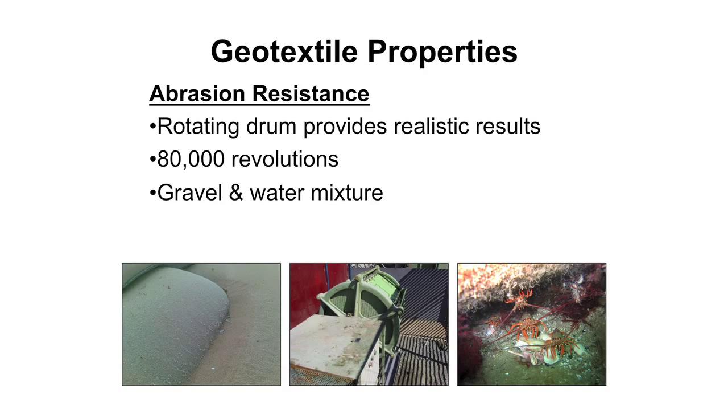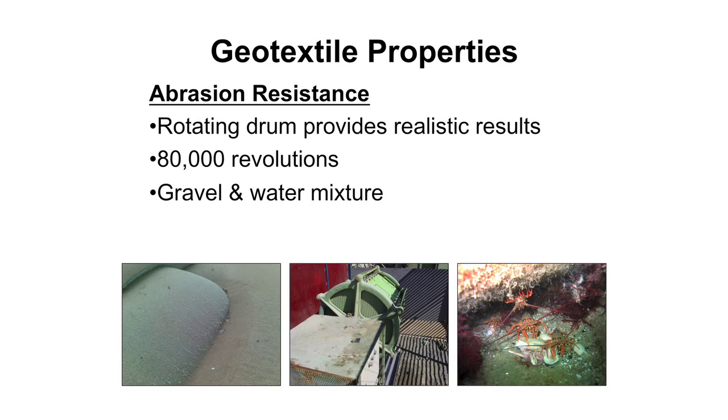Abrasion resistance is the next area that's important, and particularly with these structures that are in the nearshore zone where you've got a lot of sand movement washing up against the containers. What you're seeing on the surface of those containers is effectively the fibres fluffing up, and that's from particles being dragged backwards and forwards over the surface of the container. And if that continues for a long period of time, that will thin the material out and reduce the strength of it. So you have to choose a geotextile that has